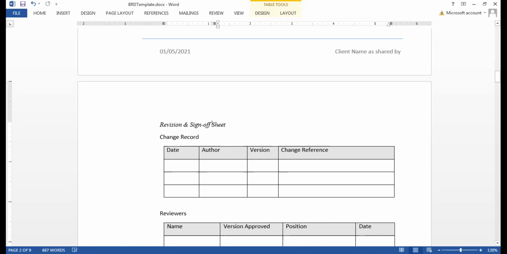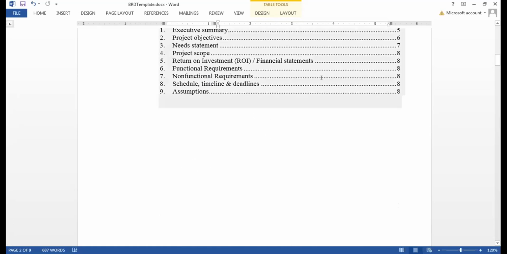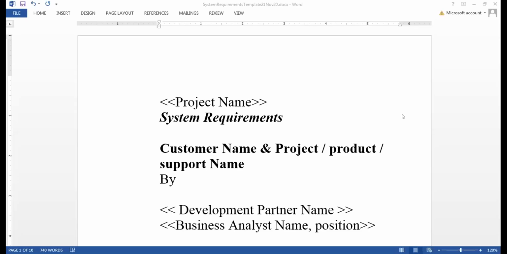Okay, now this is all I have for BRD. Now let's try to understand the SRS template, and you're going to work on this SRS template, believe me. And someday we will have a hands-on workshop to build this SRS by yourself. You will work on this. Let me open this document for you. I have to do a stop share. No, I have to do a start share. System requirement. Okay. Could you see these?